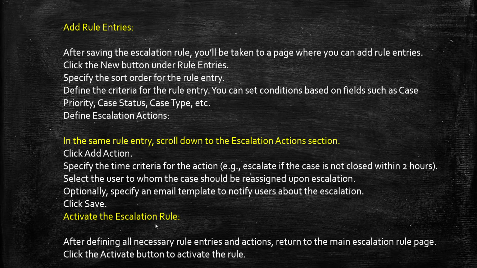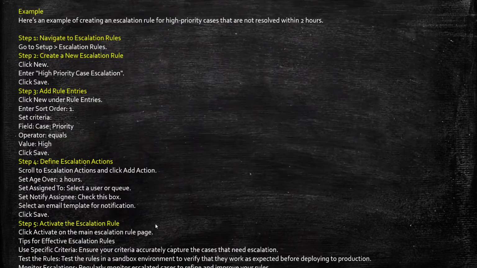Okay, and activate that escalation rules. Here is an example of creating an escalation rule for high priority cases that are not resolved within 2 hours. Navigate to escalation rules, go to setup, create a new escalation rule, that is, enter high priority case escalation. Step three, add rule entries: enter sort order one, set criteria over there, that is priority equals high, then save. After that, define escalation actions, that is, scroll down, add action, that is over 2 hours,